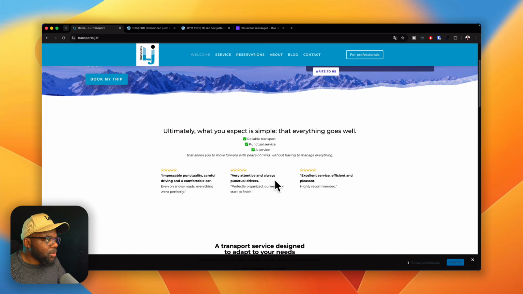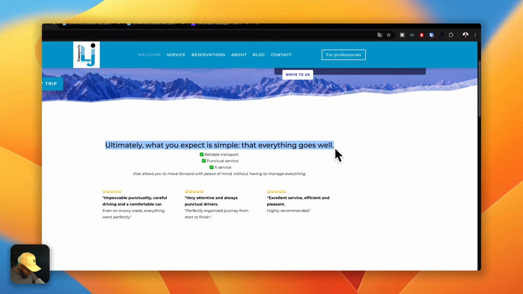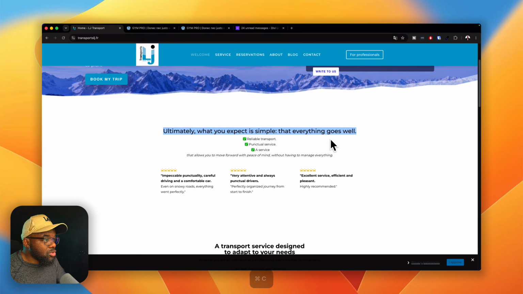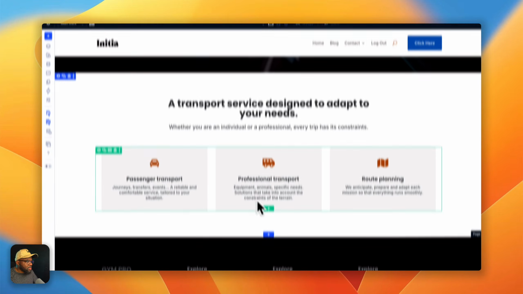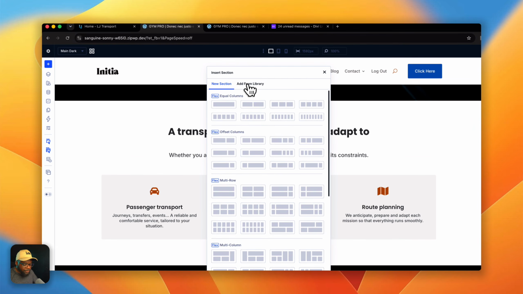Okay, so we have some testimonials here. Ultimately, what you expect is simple. So I'm going to leave this as, in fact, you know what? This could be another section. Okay, so let's go ahead and create this. But we're going to do it in such a way that it looks much, much better. So I'm going to go ahead and click on this plus button to add a new section